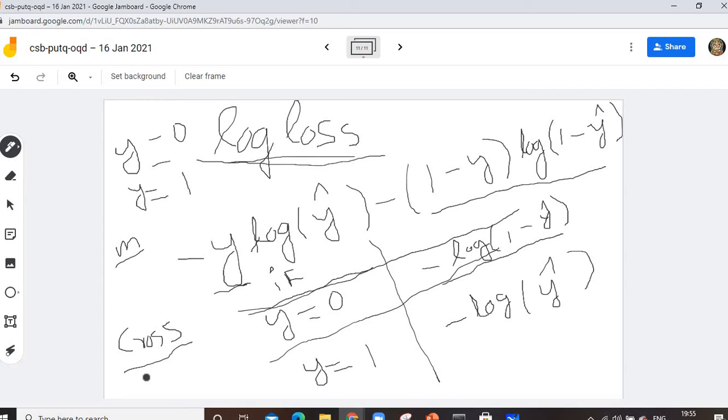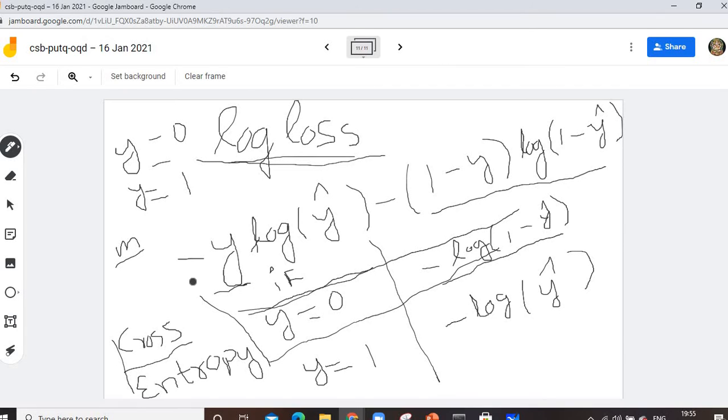Some people call it cross entropy also. This loss function is called cross entropy, and this depends on whether your problem is binary or multiple class. If it is a binary problem, this is called binary cross entropy. If you have more than two categories, like grade A, B, C, then this will be called multiple cross entropy, and the other a binary cross entropy, like this way.